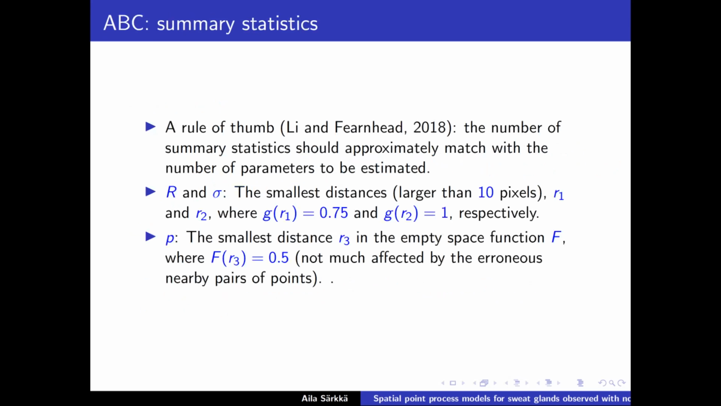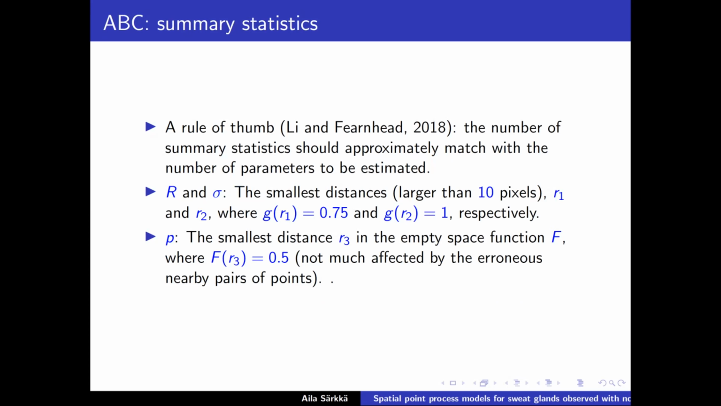But then we have to choose the summary statistics. There are some papers where they recommend, now we have not only one parameter, but 3. And then maybe one summary statistic is not enough. We could use the rule of thumb from this Lee-Fernhead paper that maybe you should choose approximately the same number of summary statistics as you have parameters. And we first thought that we could use the whole